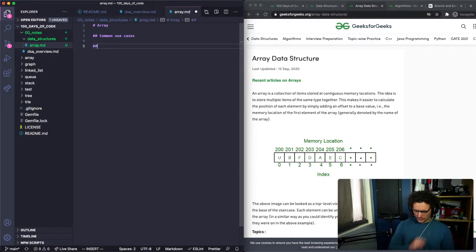Things I want to know about each data structure are common use cases, common methods, start with data structure.